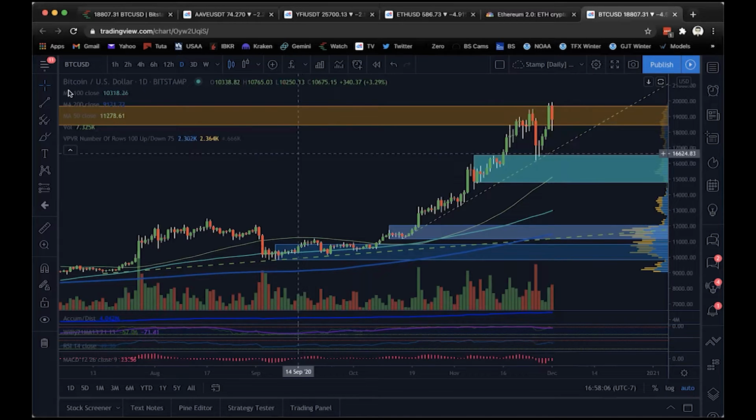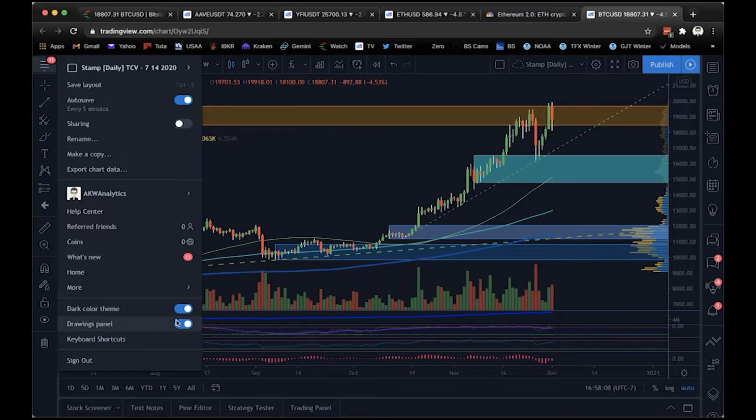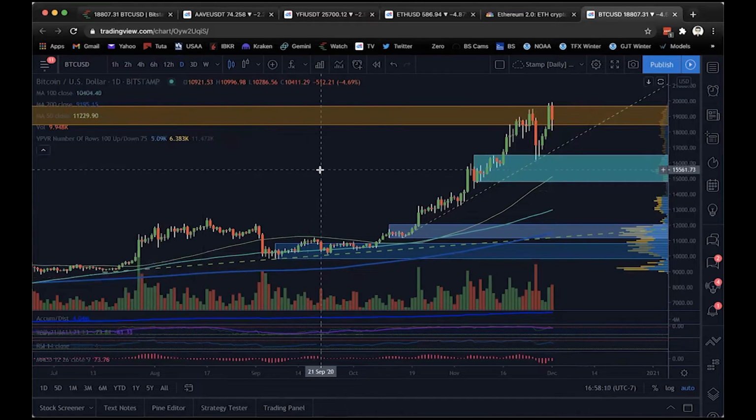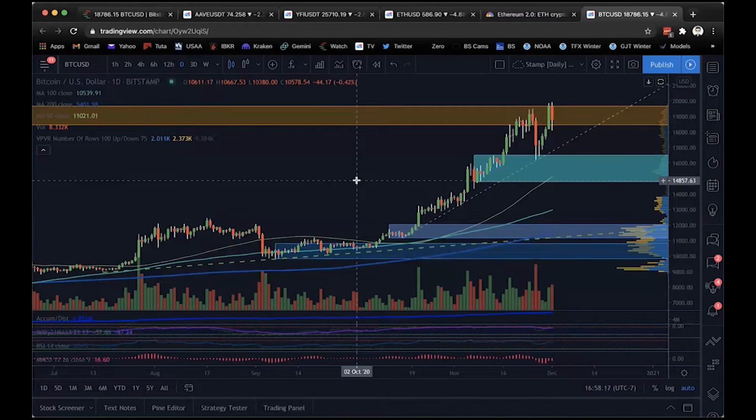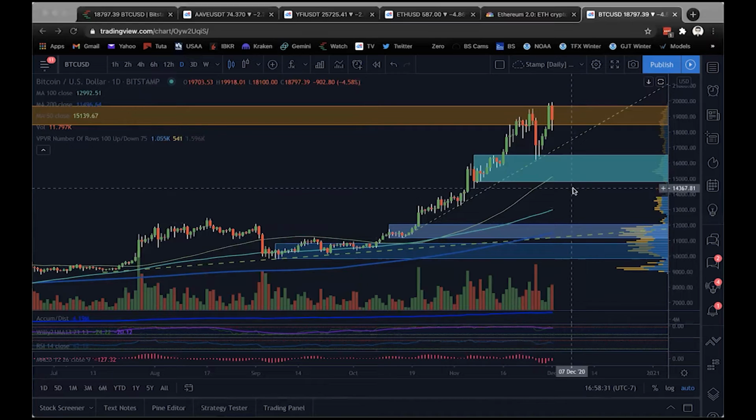So I think at this point we just stay neutral, and maybe wait for some dips back below 18 that we can buy, in hopes that trend line holds, and then we can really break 20K for real. If not, if this good thing goes, then I don't know if we go all the way back to 12, but I think this 14 to 15 area is certainly doable.